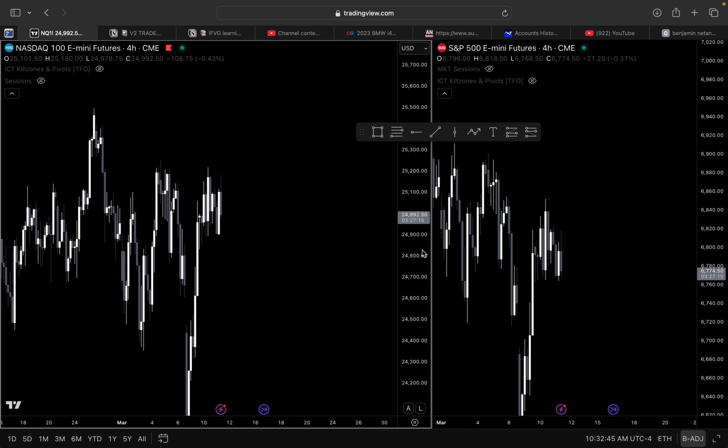But before I even go on with the video, this doesn't even matter anymore in a way. It does, but I don't know. Something I've been noticing for a while is I should really be aiming for lower RR, unless I have strong conviction. Most of the time, whether it's this month or the month before, lower RR is way better. I'm talking about 1 to 1, 1.5s, because my trades, I'd say 80% of the time, go to